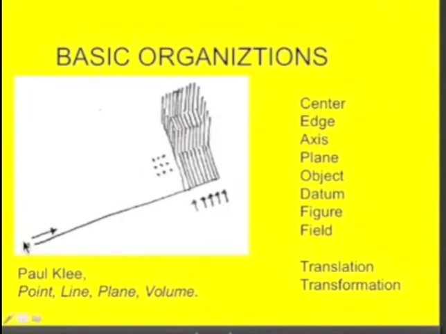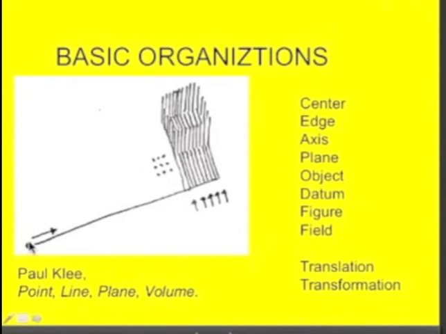The idea of point. If you drag a point in space, what do you get? A line. If you drag a line in space, you get lots of little points marching forward. What do you get? A plane. If you take the plane and you take the field of points on the plane and you translate them vertically, what do you get? A volume. So in this little drawing, Paul Klee is more or less identifying everything you need to know about architecture and form. Of course, how you use these terms is up to you.